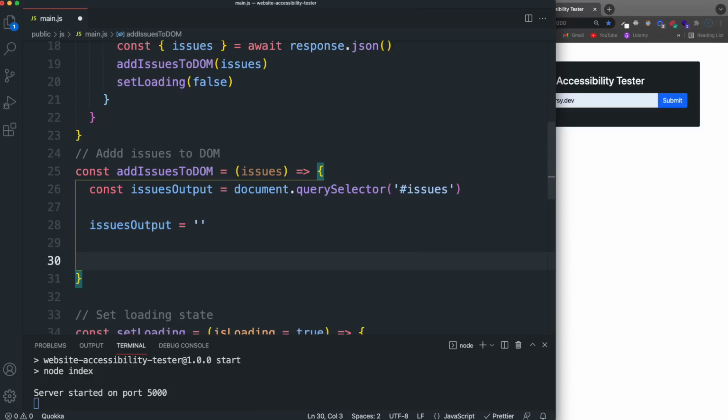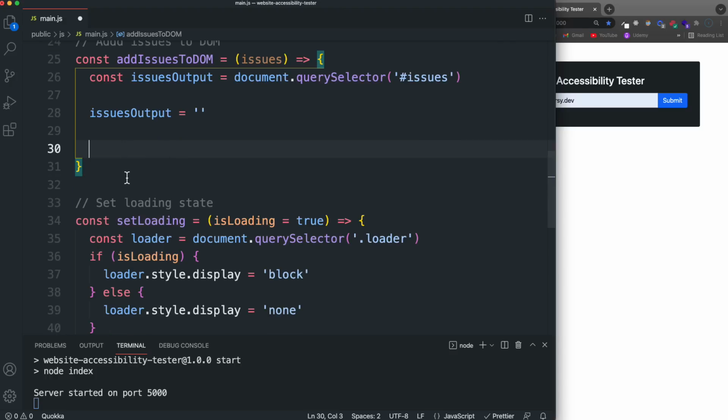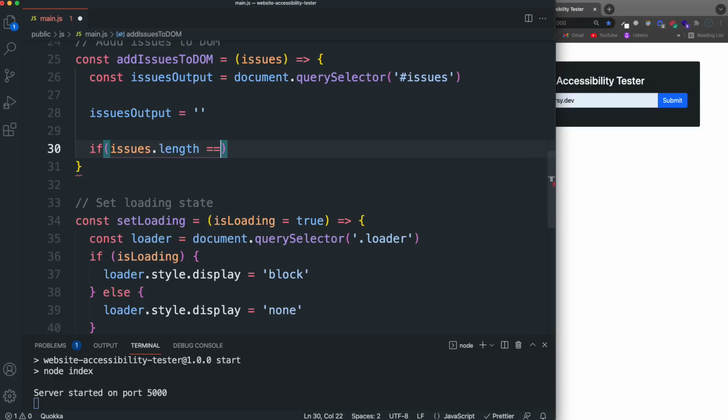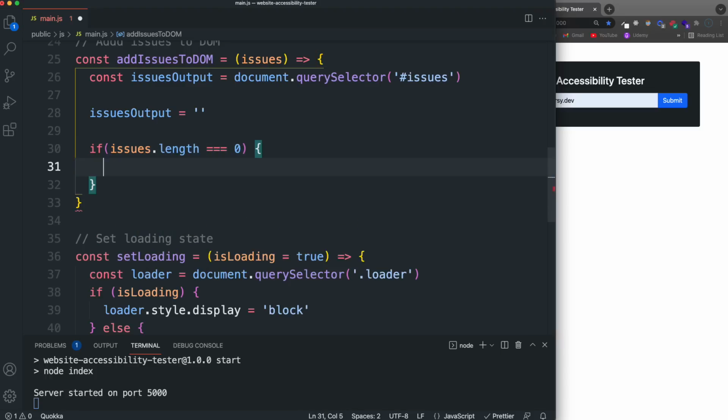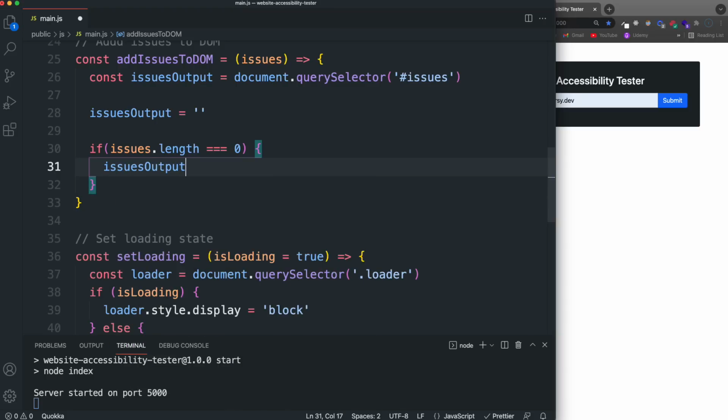And I want to make sure that there are issues, because if it comes back as an empty array, then we just want to show no issues found or something like that. So let's say if issues.length is equal to 0, then let's take the output, so issues output, and we'll set the inner